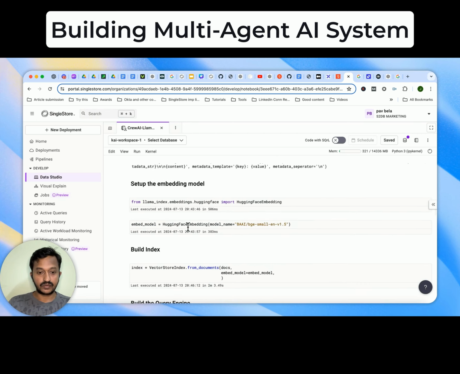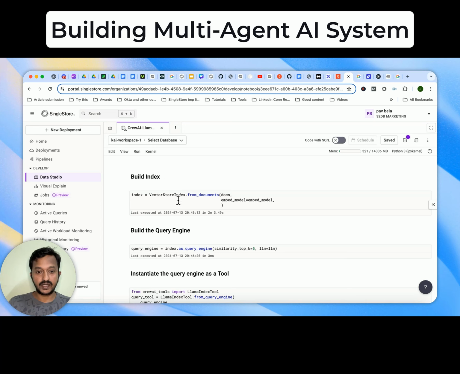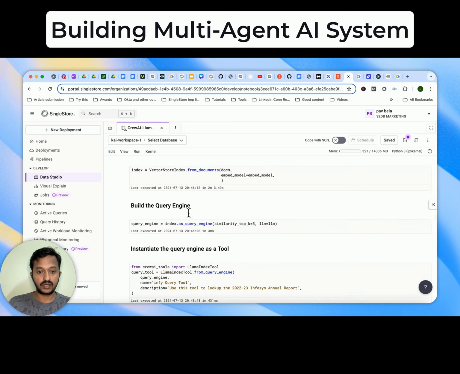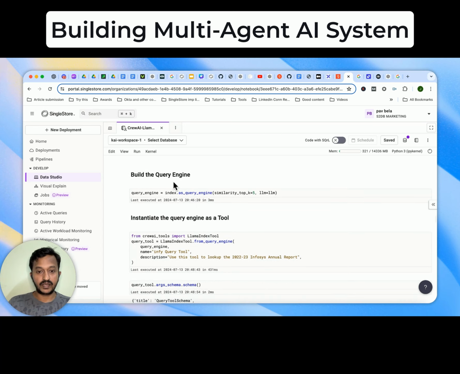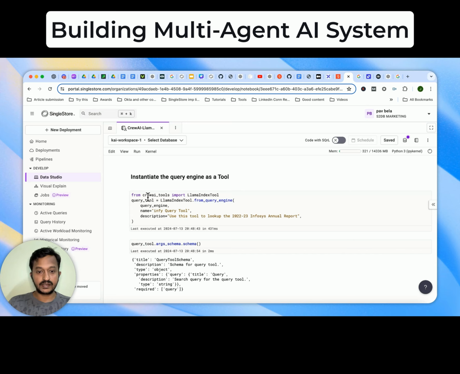And we'll set up the embedding model. This is the model we are using from Hugging Face, and we'll build the index vector store, and then we'll build the query engine,